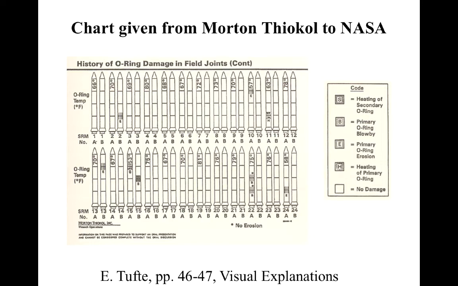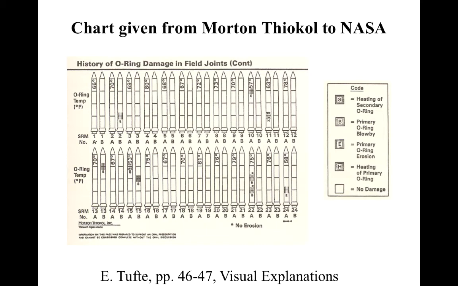And so what we can see here is that on the x-axis you have numbers in A and B. Each of these numbers refers to a different shuttle mission. And then A and B is rocket A and rocket B. So you can see every shuttle mission has 2 rockets shown. The temperature at the time of launch is shown in the upper left